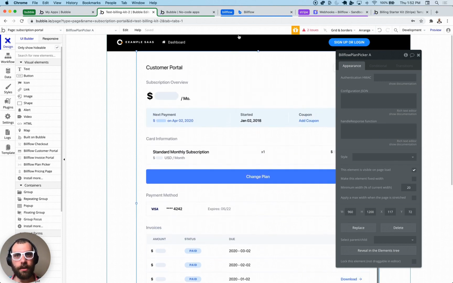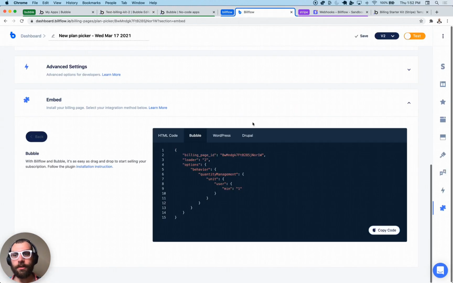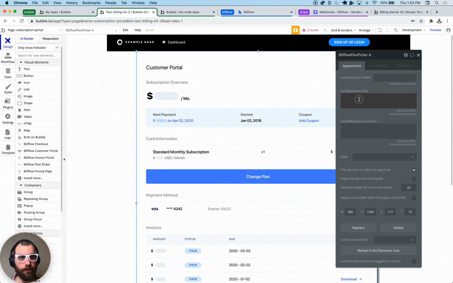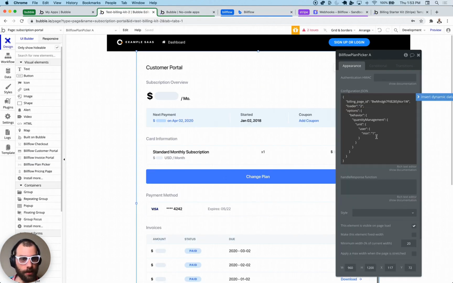And once you drag that in there, what I want you to do is to go back into your Billflow, and in step 1, we had created a plan picker billing page. And now we're going to come back to that. We're going to copy this code for the bubble embed, and in this configuration JSON, you're just going to paste it in there. And we're going to add one little detail, which is to set the minimum amount of invites that can be set,